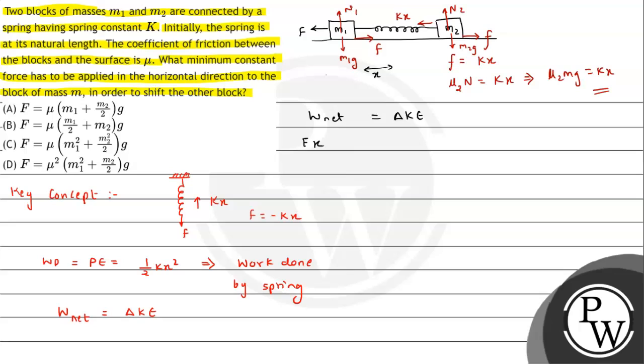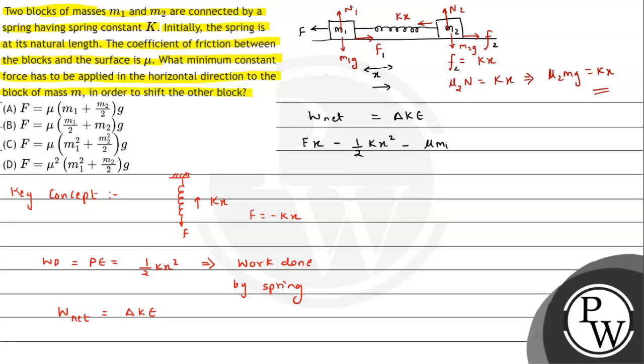अब हम बात करेंगे spring force की. So जब ये leftward block खींचेगा, so spring force will be acting in the opposite direction, and work done by spring force now can be written as, जैसे हमने discuss किया यहाँ पे, half kx square, right, which we have already studied, ठीक है। Also बात करते हैं friction force की। So friction force is also in the opposite direction to the displacement. Displacement leftward हो रहा है block का, और friction force is on the right side. And इसको for differentiation हम इसे F1 कह देते हैं, और यहाँ पे ये था हमारा F2, ठीक है। So from this we can say friction force F1 जो लग रहा होगा उसकी वजह से जो work done आएगा वो आएगा mu m1g into x,